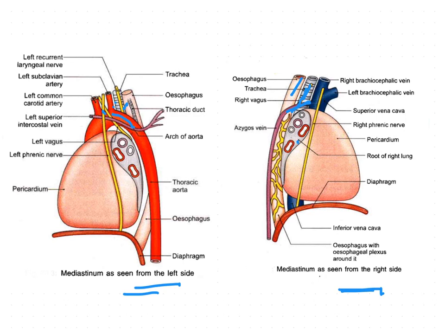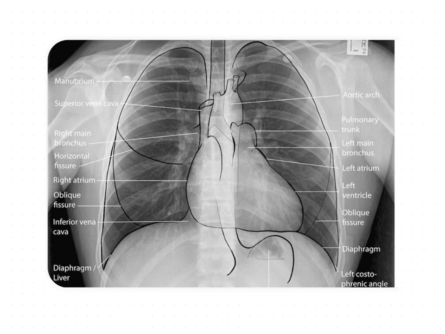Now coming to the applied anatomy. Here is an X-ray. In X-ray photographs, the trachea is seen as a vertical translucent shadow. Here you can see the trachea, in front of the cervicothoracic spines, and these are the spines you can see behind. That means it is a vertical translucent shadow.